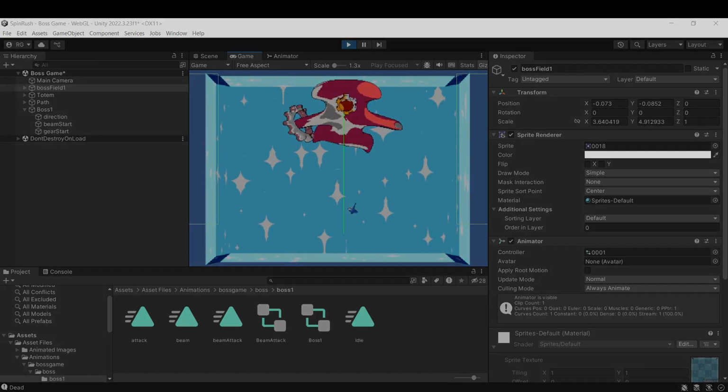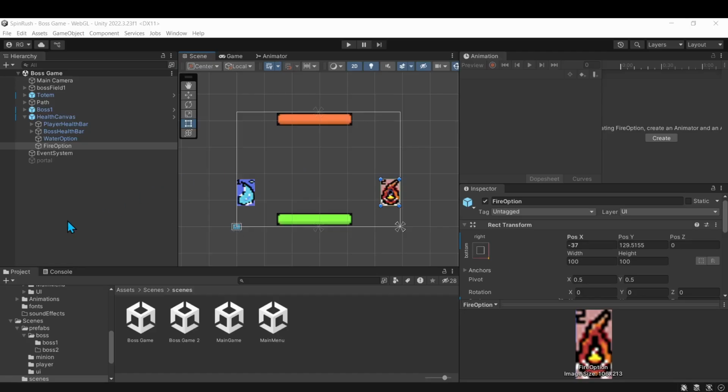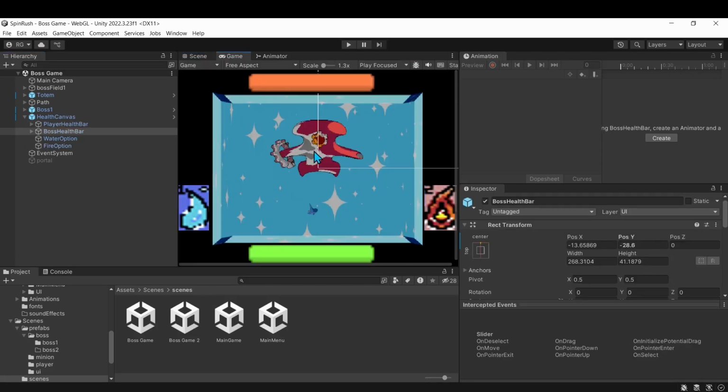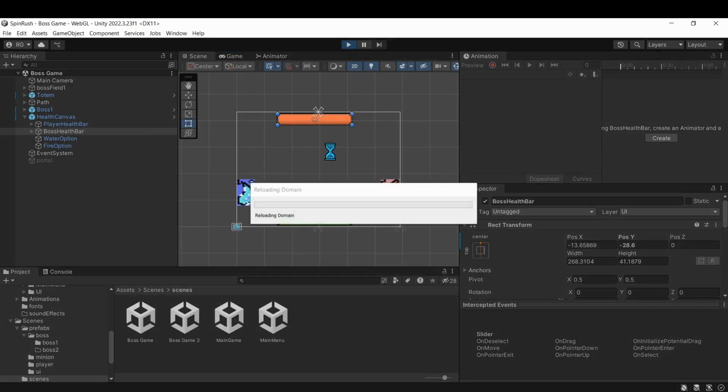Right, so I have added this health bar system, which will show the player's and the boss's health in the game view, and also the water and fire attack icons to tell the player that when you press 1 on the keyboard it will switch to water attack, and when you press 2 it will switch to fire attack. Right, and now if I hit play,